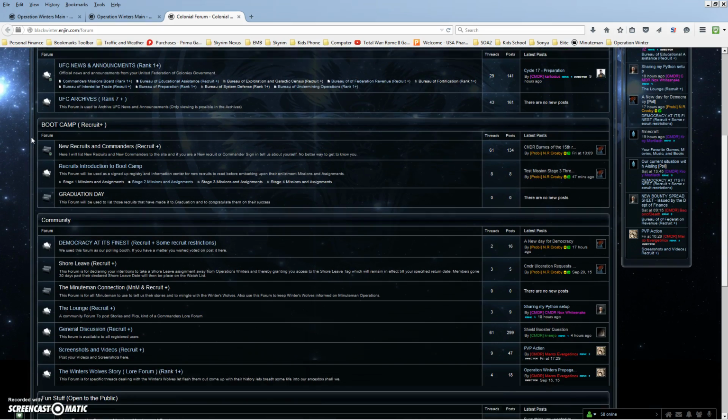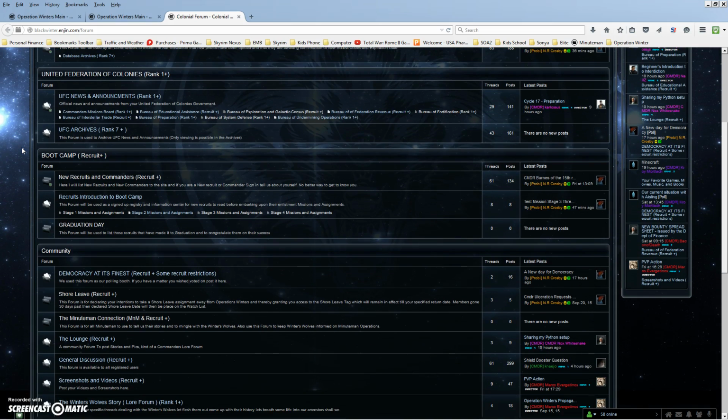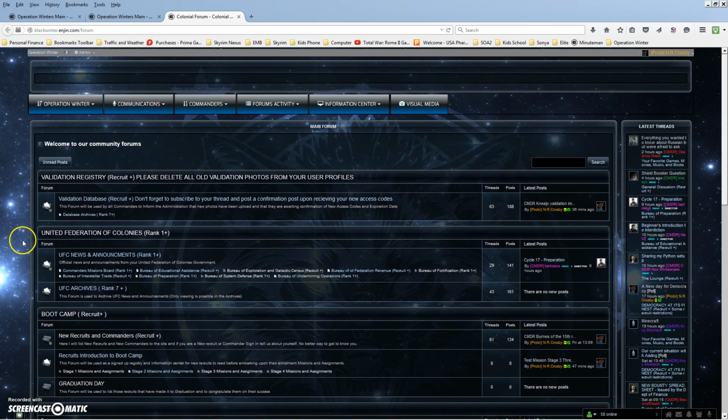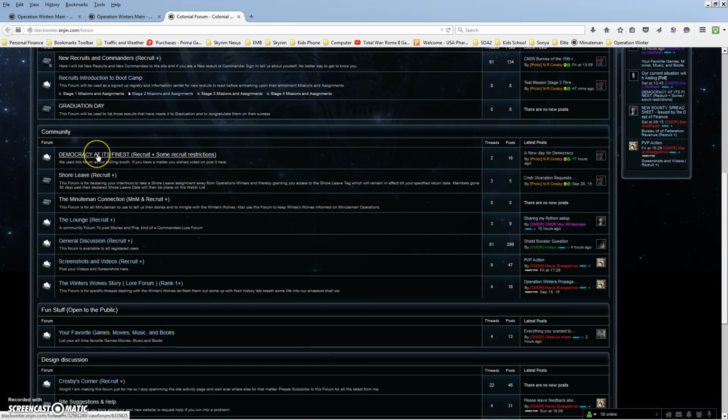Again, as a recruit, you may not see all of these things. You don't see any of the UFC news and announcement stuff. It says rank 1+. Again, being the site owner, I can't cut myself out of any of that stuff. But as a recruit, primarily, you're going to be dealing with the boot camp, your missions. Obviously, put in your introduction and do your missions. And obviously, we have the community things here, our democracy, our polling forum, shore leave